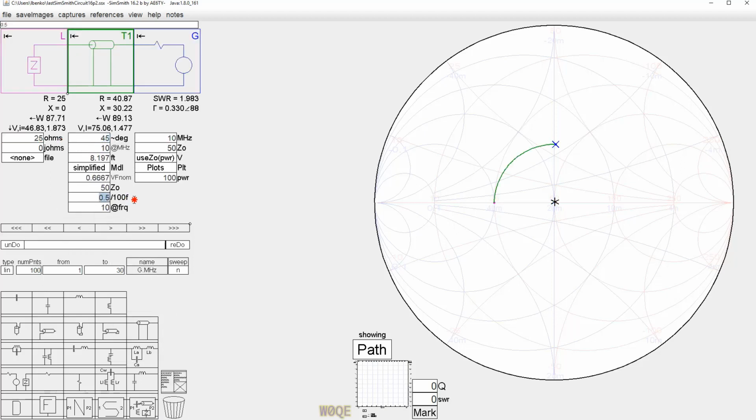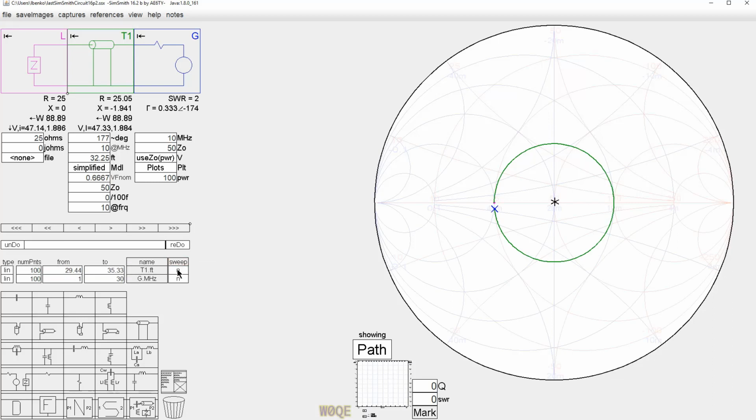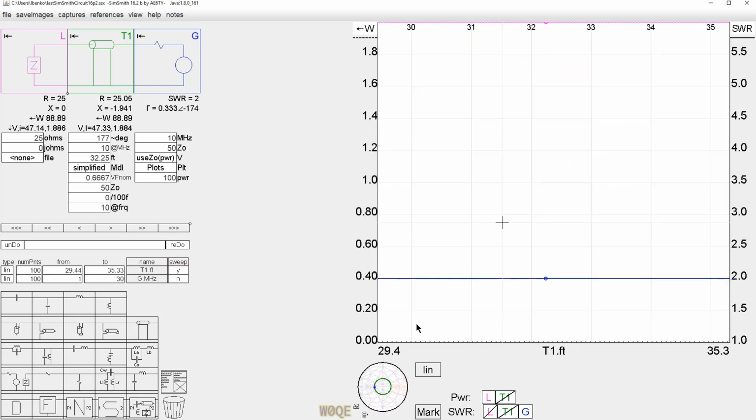Piece of lossless transmission line. Let's make it long enough. Let's increase its length here. That's close enough, 32 feet. So now we'll go here and we will sweep the length of the transmission line. Look at this. And we see everywhere along the transmission line we have